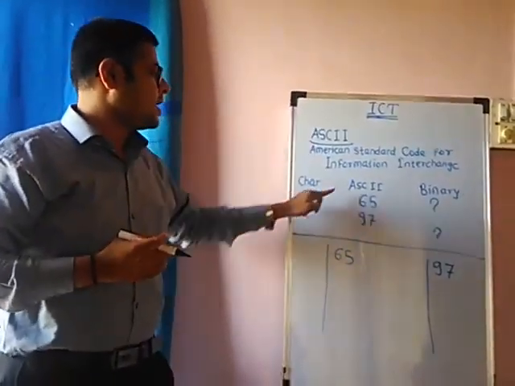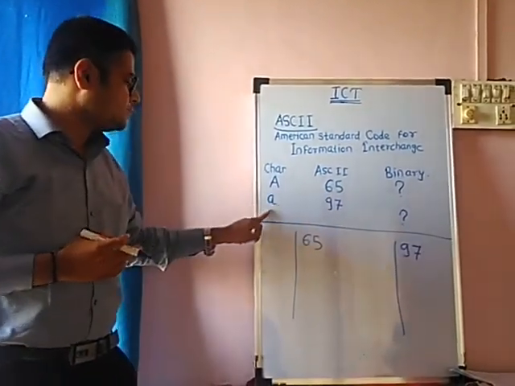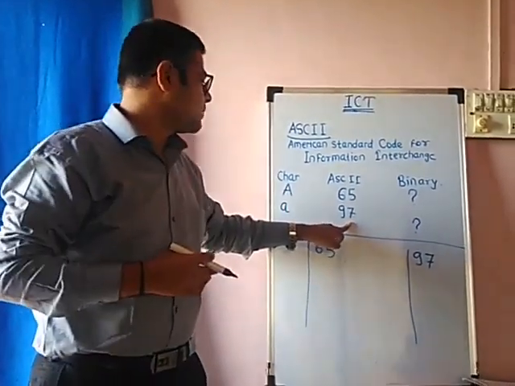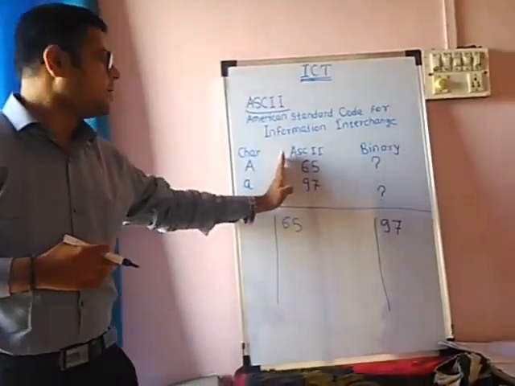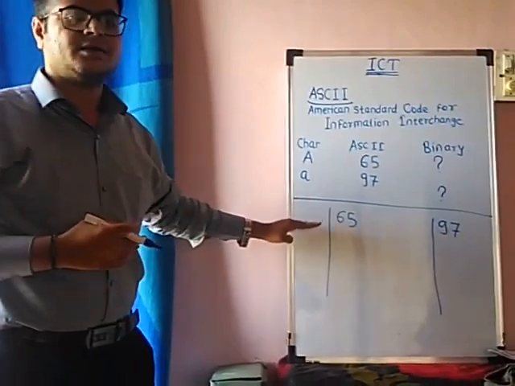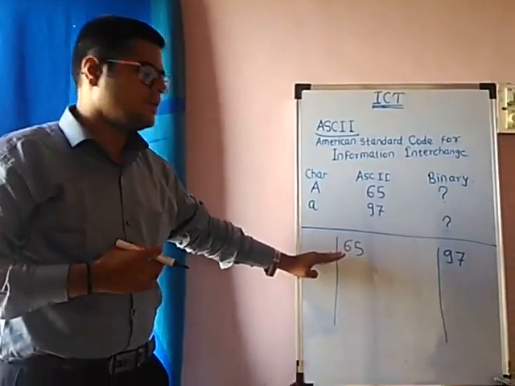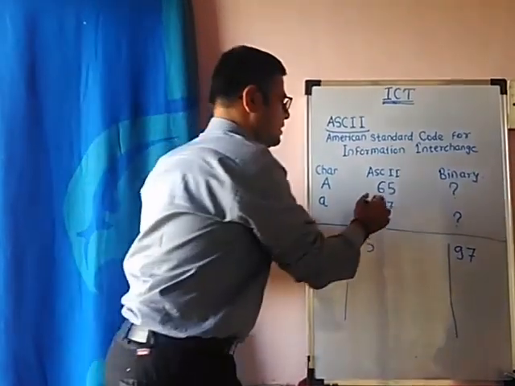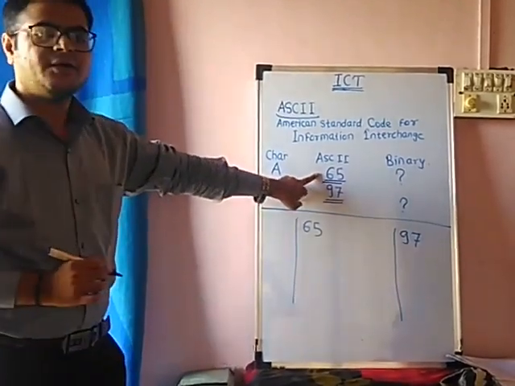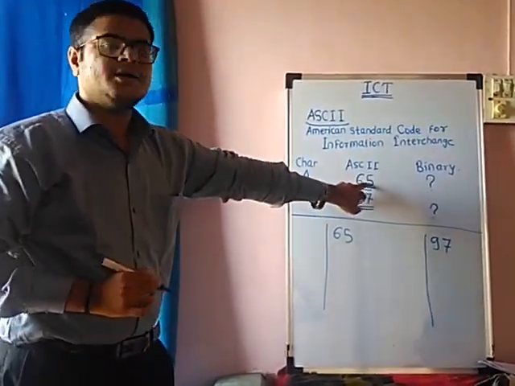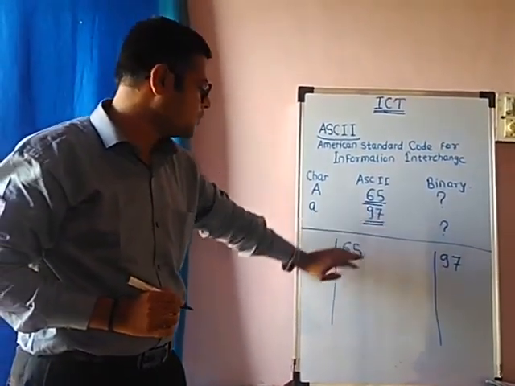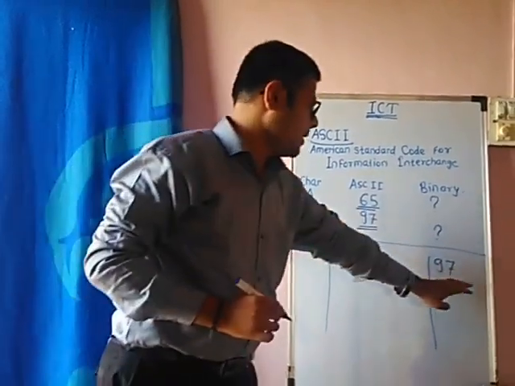When you type A, the ASCII for A is 65. When you type small a, the ASCII code is 97. Similarly, there are different ASCII codes. Now, from the ASCII code, it converts that into the binary system. Now, further, we will see the example of converting the decimal numbers into binary. Now, decimal numbers are these. How you can identify the numbers? See, this number 65, it is including 6 and 5. So it is decimal number. And 97, it is actually a decimal number. We are going to convert those numbers into binary.